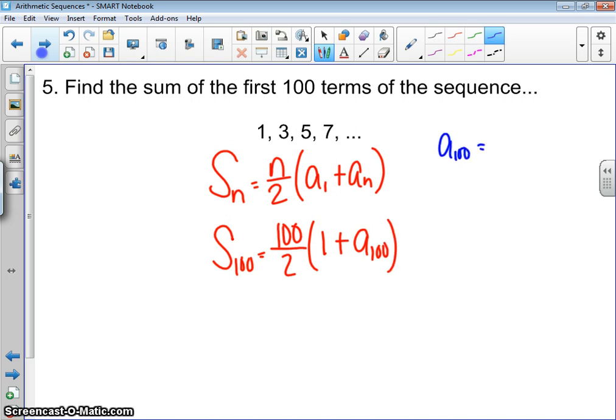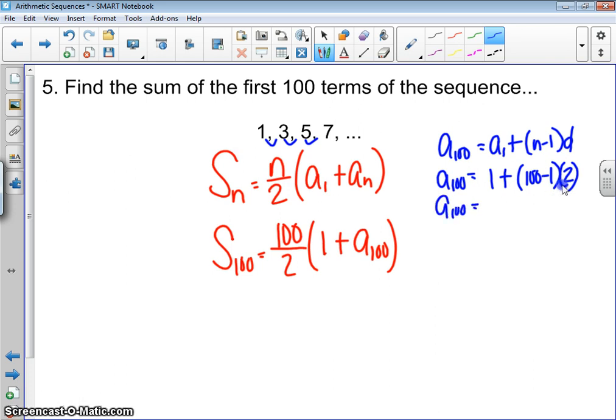And so I do that by using my other formula, which is A1 plus n minus 1 times d. So A100 is just going to be 1 plus 100 minus 1. And then the common difference here that I'm going up by each time is 2. And so then I would just plug that in and find what A100 is. You can do that. I will go ahead and tell you that A100 is going to be